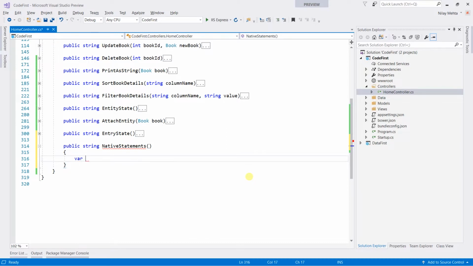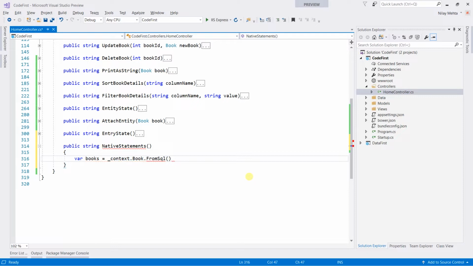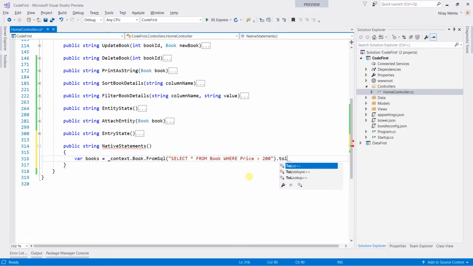Where books equal to context.books and write the FromSql method and pass the SQL statement in the parameter. I am going to retrieve all the books whose price is greater than 200 and convert it to the list. For that, write select star from book where price greater than 200, call the ToList method